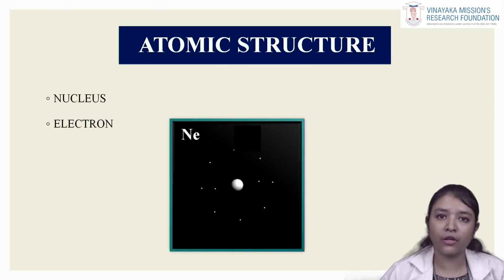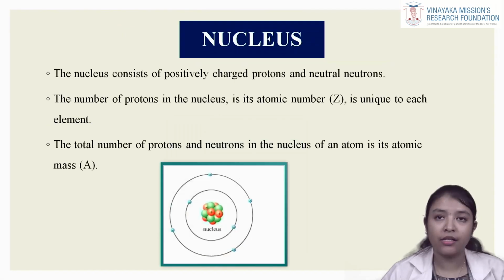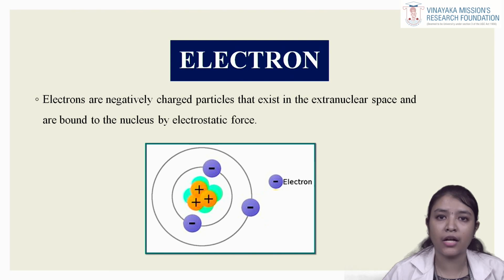So, the atomic structure contains the nucleus and electrons. Nucleus: the nucleus consists of positively charged protons and neutrally charged neutrons. The number of protons in the nucleus is termed the atomic number, which is unique for each element. The total number of protons and neutrons in the nucleus of an atom is its atomic mass. The electrons are negatively charged particles which are present in the extranuclear space and are bound to the nucleus by